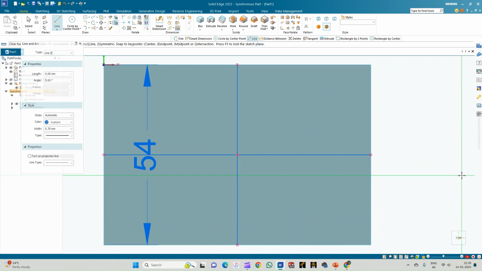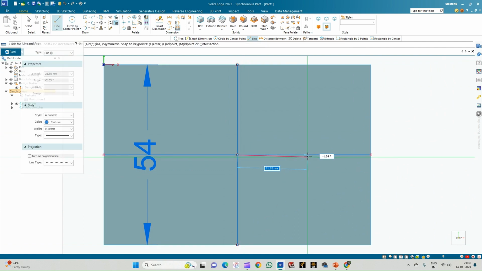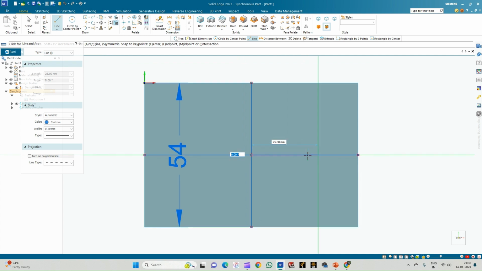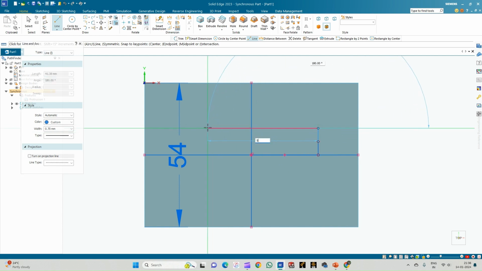I've just drawn the reference lines from the midpoints of the two edges. So now from here, let me draw a line of length 25, correct? And here a line of length 10 mm. Then complete line of width 50, 20,